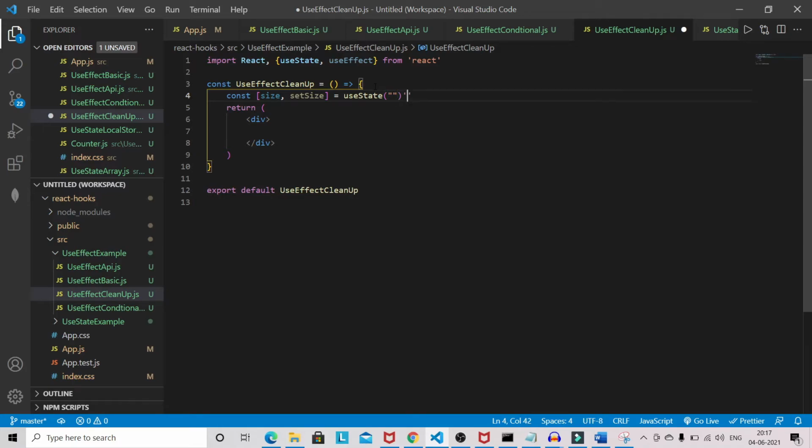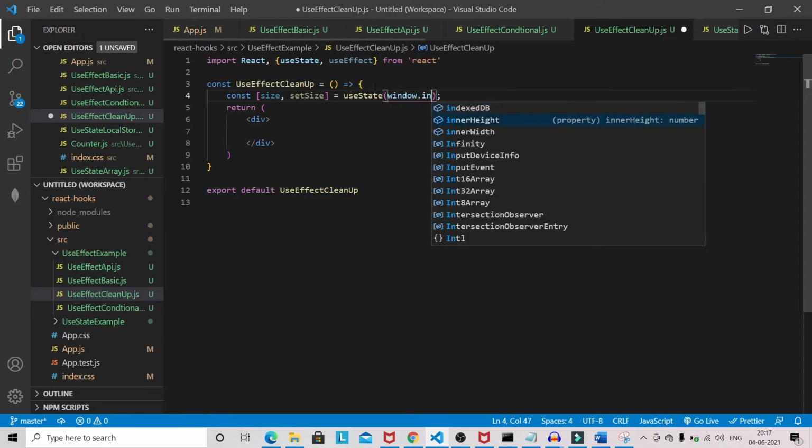Not empty. We need to define window.innerWidth.